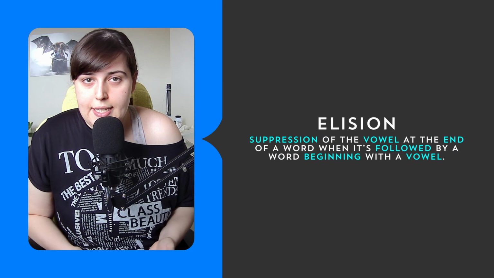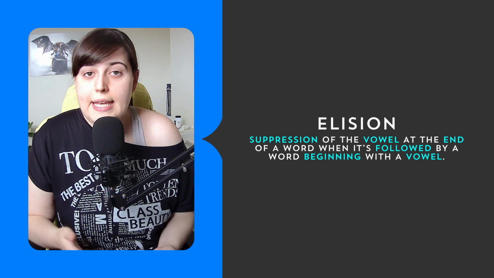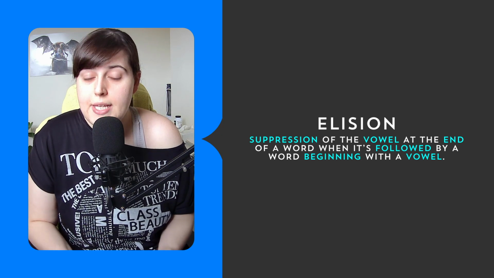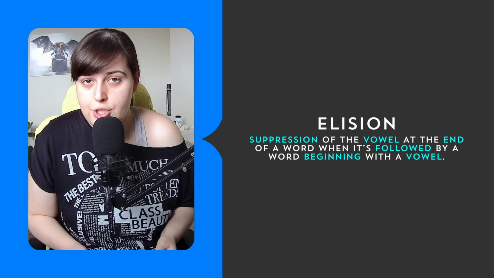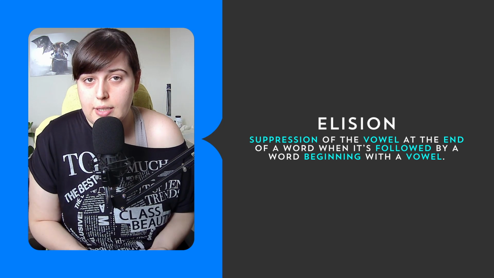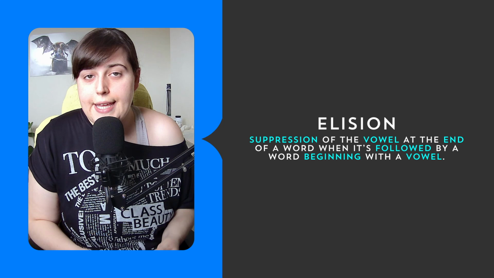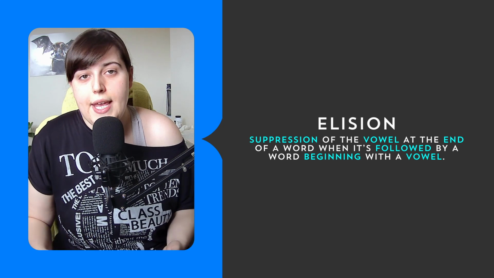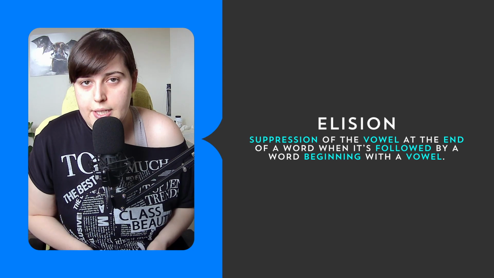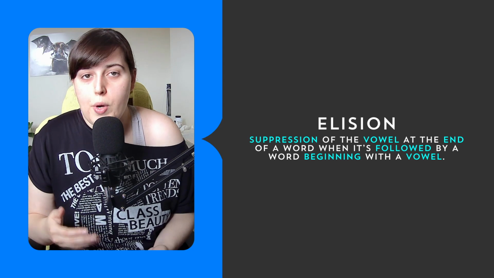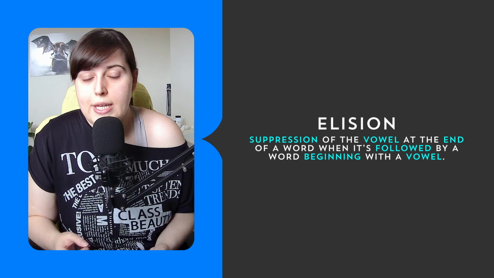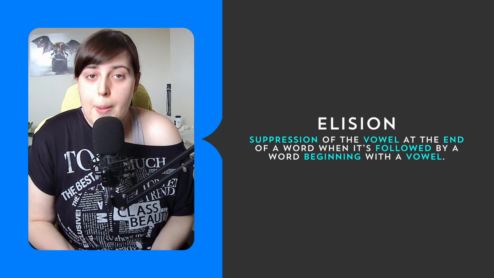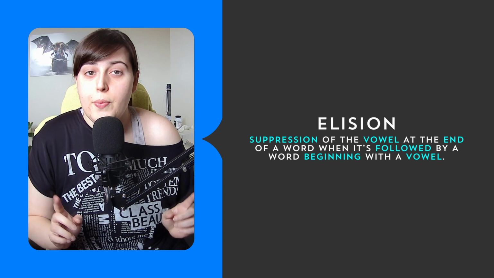Elision, in Italian, is the suppression of the vowel at the end of a word when it's followed by a word beginning with a vowel. Simply put, we have an elision when two vowels come into contact, and the first one is dropped, creating a smoother transition between words. For example, instead of saying lo albero, the tree, we say l'albero, where the vowel o in lo is elided. In Italian, elision is indicated by an apostrophe, not to be confused with the accent that